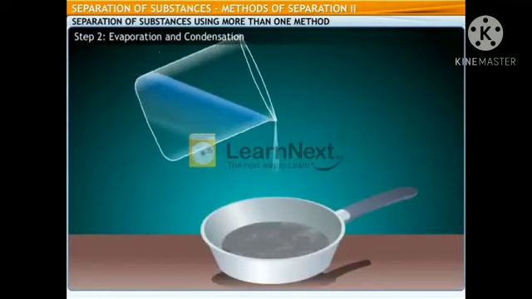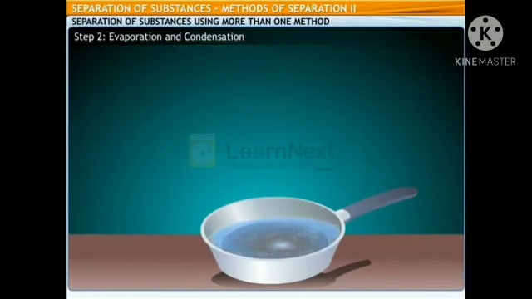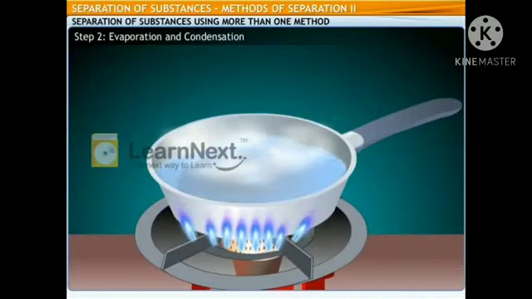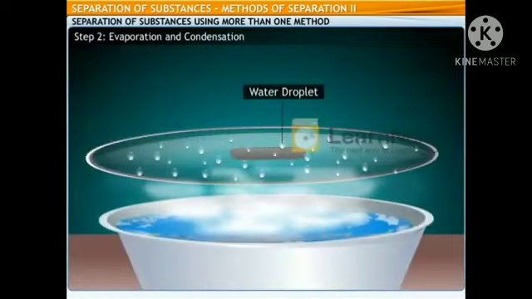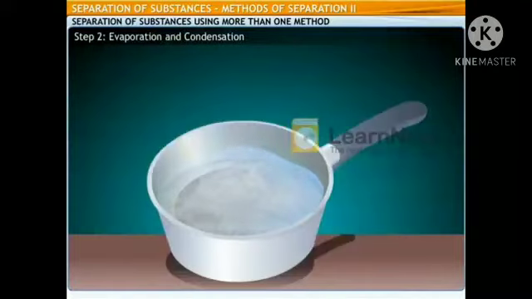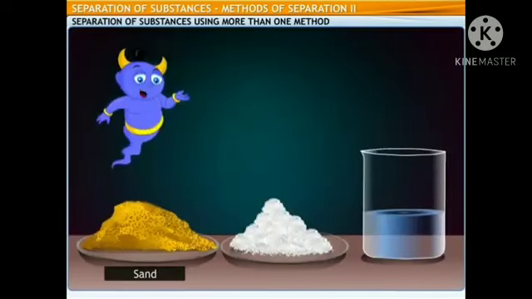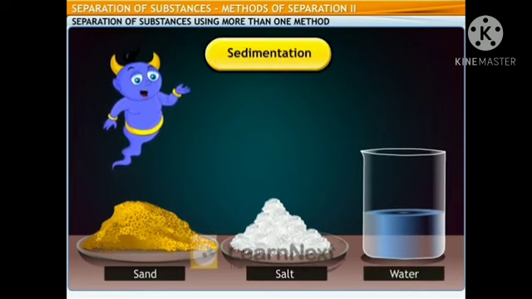Now, we have to separate the salt from the water. You might remember that the process of evaporation can be used for this. Let's heat this water. We can collect some of the water that is turning into steam using condensation by placing this cold metal lid on it. Look, the water has been boiled away, leaving the salt behind. So we have successfully separated the sand, salt, and water using a combination of sedimentation